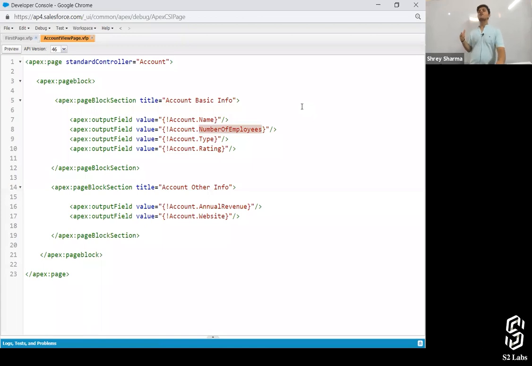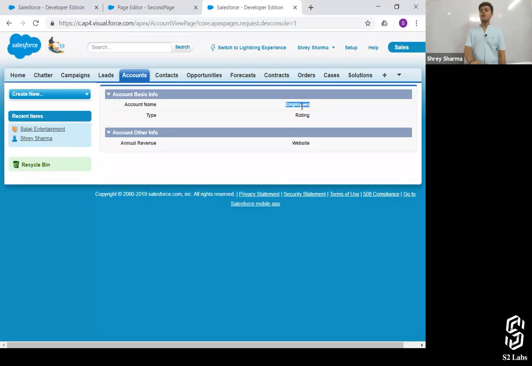So that's the benefit of using Visualforce. It solves a lot of problems, or it reduces the amount of code that you have to write in order to create a particular component. Over here, imagine if we would have asked you to create this page with HTML or something like that.